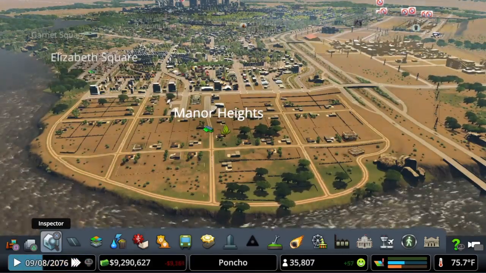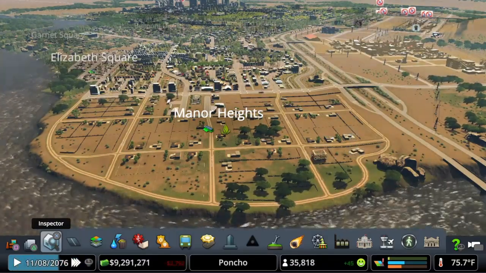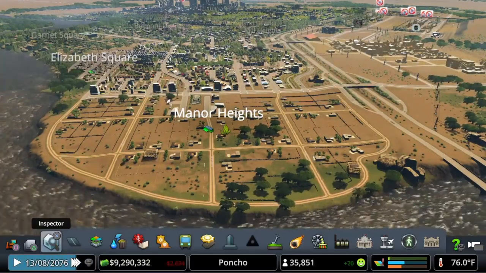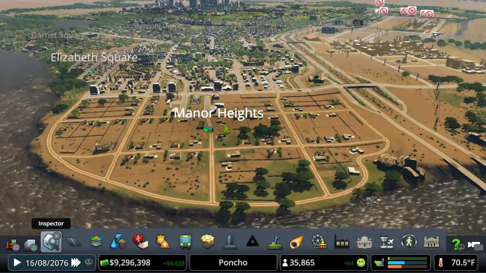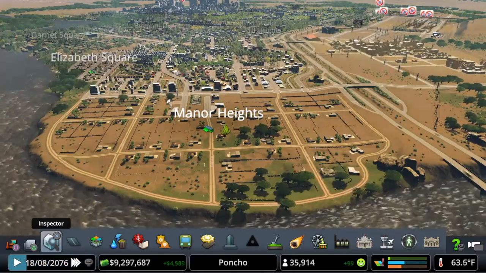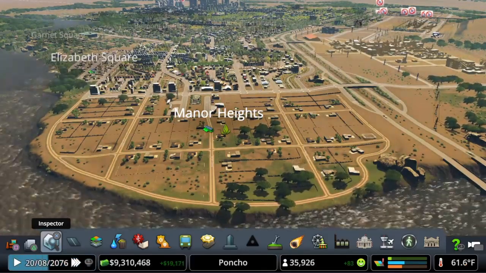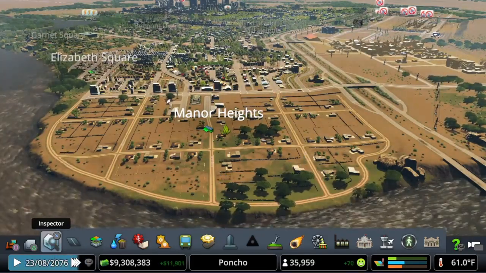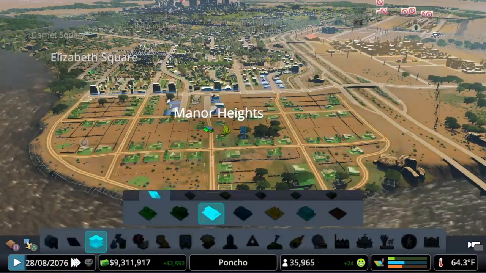I add a bunch of trees and some landscaping, and so now we just watch our neighborhood grow. That's really it. Wait for all the houses to come in, pop in some trees. Kind of have to wait until everything's built to see if I need to put in another clinic or police station or fire department, but yeah, other than that,